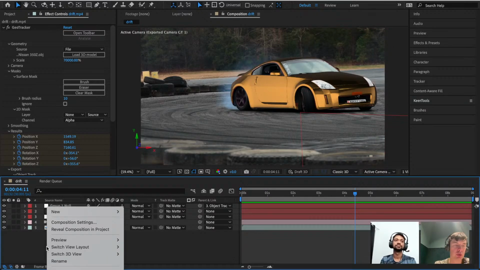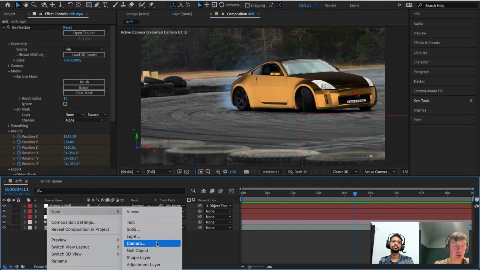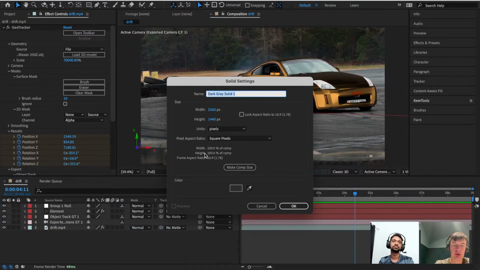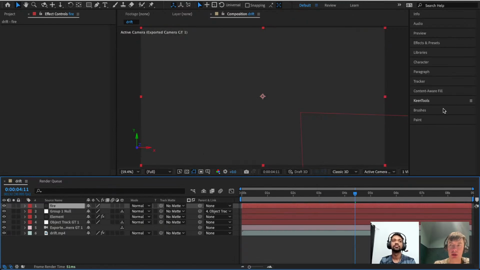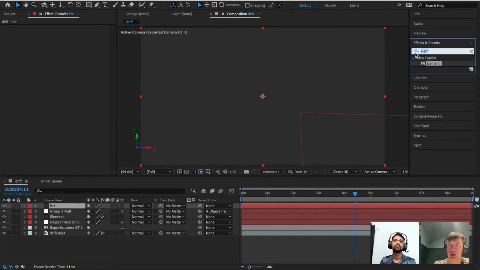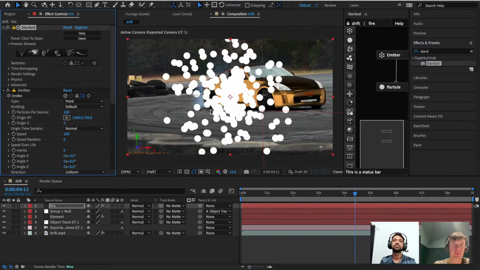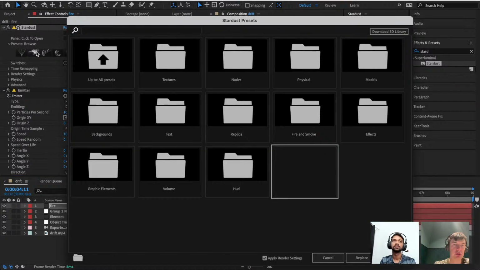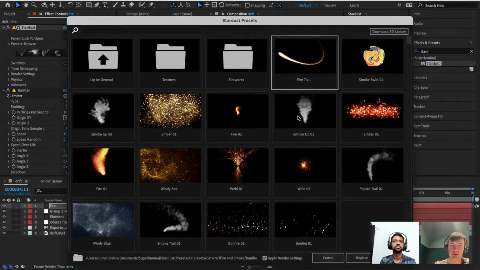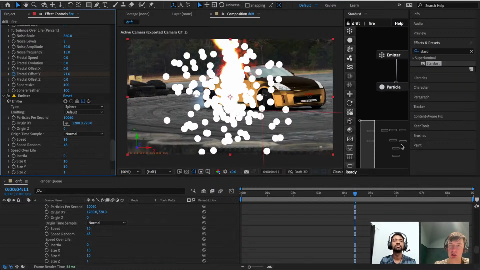I will add one new layer here, solid, and let's call it fire, and add integration with Stardust without leaving After Effects. In Stardust there are lots of awesome presets like fire or smoke. So we can take, for example, fire 1, add it, and